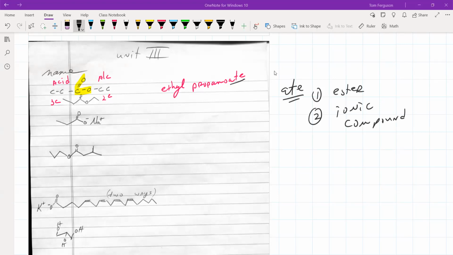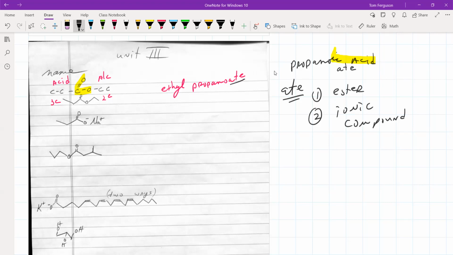Okay. So as far as naming goes, whenever you have an ester, it's going to have an ATE at the end. So this was based on propanoic acid. So this is replaced with ATE. Okay, so we have